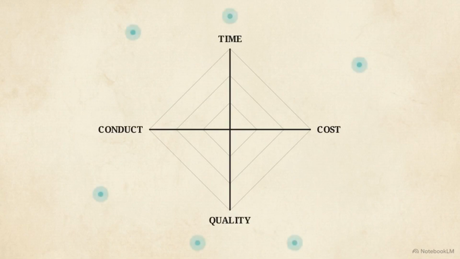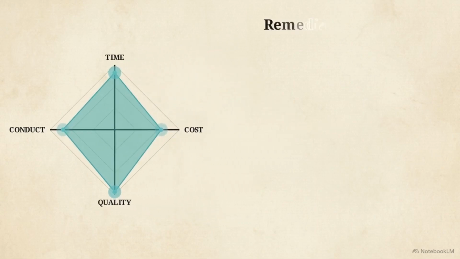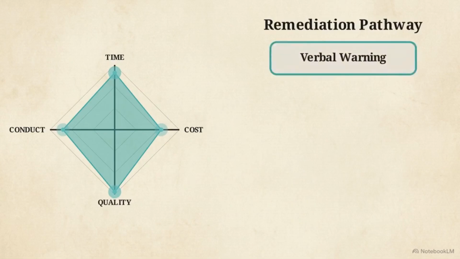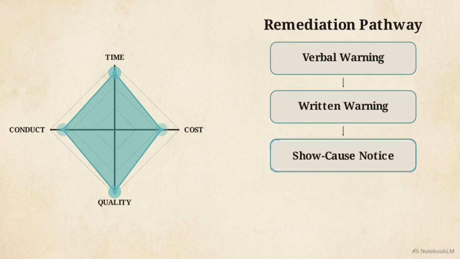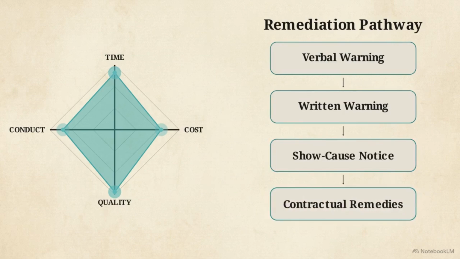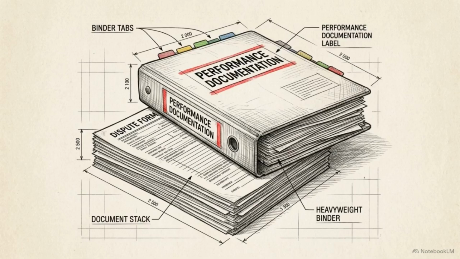To ensure accuracy, builders triangulate 6 sources of information, ranging from site diaries and project manager data to direct observation of other sites. When a subcontractor underperforms, the builder follows a documented sequence: a verbal warning, a written warning, a show cause notice, and then contractual remedies. Skipping steps in this pathway invites legal challenges from the subcontractor. Maintaining a fair, documented review process is the primary defense against retaliatory security of payment claims or discrimination complaints.